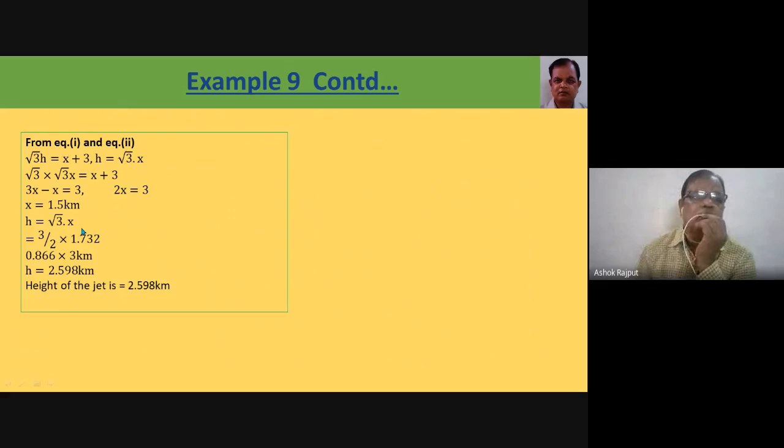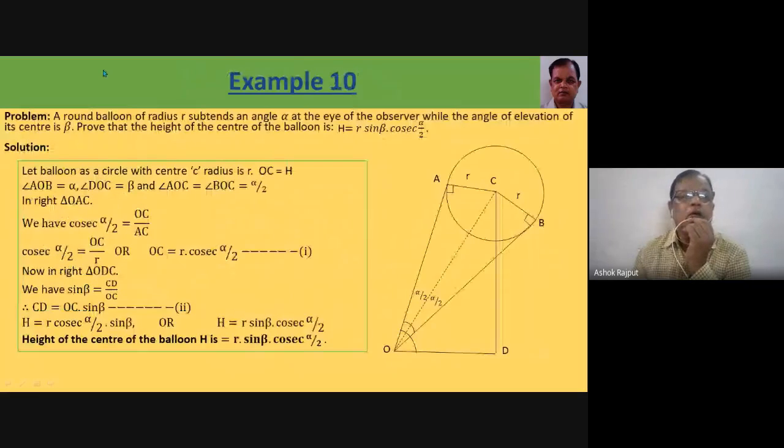H equal to root 3 into x, and as we know the value of x is 3 by 2 and value of root 3 is 1.732. When we multiply we will get height is 2.598 kilometer. So height of the jet is 2.598 kilometer. Now next, a round balloon of radius r